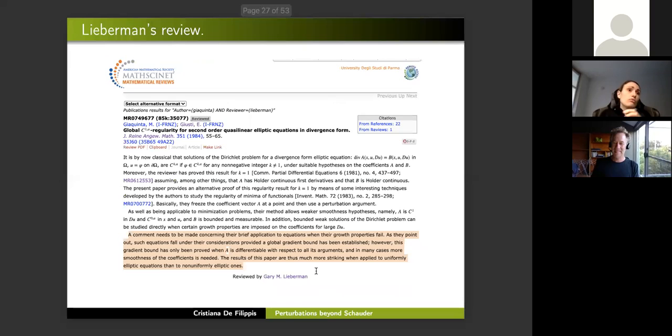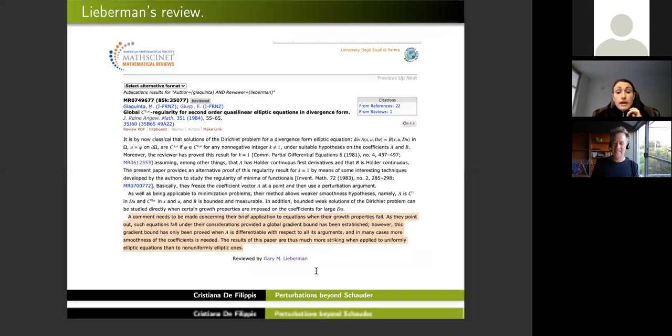Well, on those problems, there is a huge literature. For instance, here we can see a comment due to Lieberman of a paper of Giaquinta and Giusti, which says that yes, your approach is very nice and perfectly works in the uniformly elliptic setting, but fails in the non-uniformly elliptic one, as in the non-uniformly elliptic setting, we need to assume stronger assumptions on the nonlinear tensor, which immediately rule out classical Schauder estimates. Indeed,